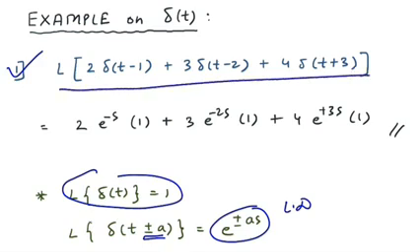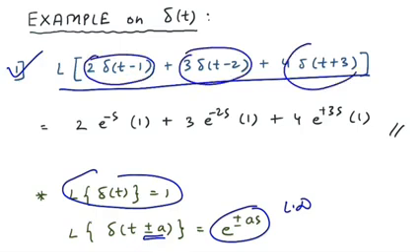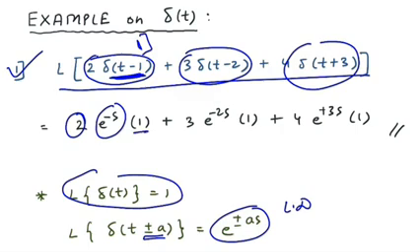We have to find the Laplace of 2 into delta of t minus 1 plus 3 into delta of t minus 2 plus 4 into delta of t plus 3. So first you have to look if I can split the Laplace, which is yes. When three functions are added or subtracted, you can split the Laplace. So let us see the Laplace of the first part. Laplace of 2 into delta of t minus 1, 2 is a constant, take it outside. Laplace of delta of t minus 1, fix the bracket, it would be e raised to minus s. Then Laplace of delta of t, which is 1.